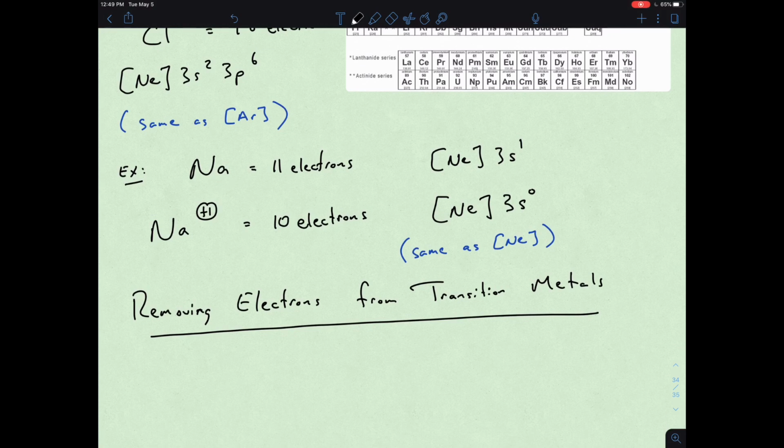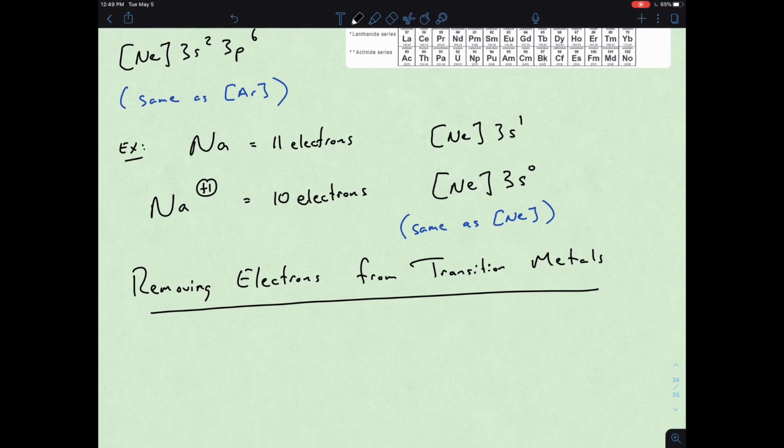And so, as an example of this, we could go back to maybe our copper example to try to reinforce this notion. But first, let's set down the rule system here, that when removing electrons from transition metals,